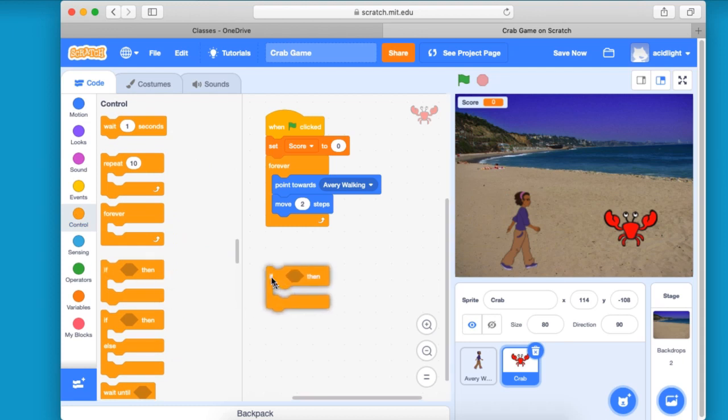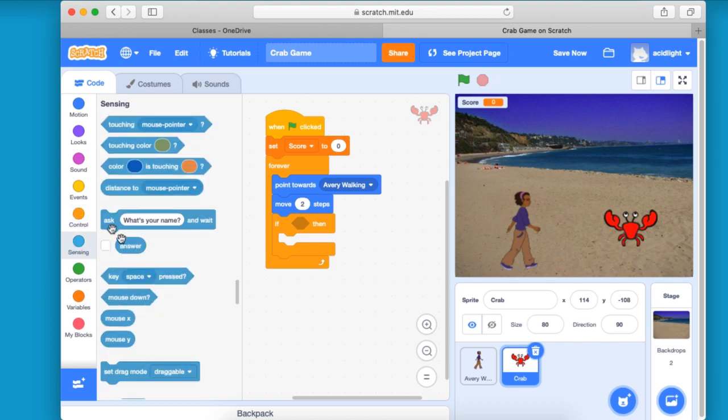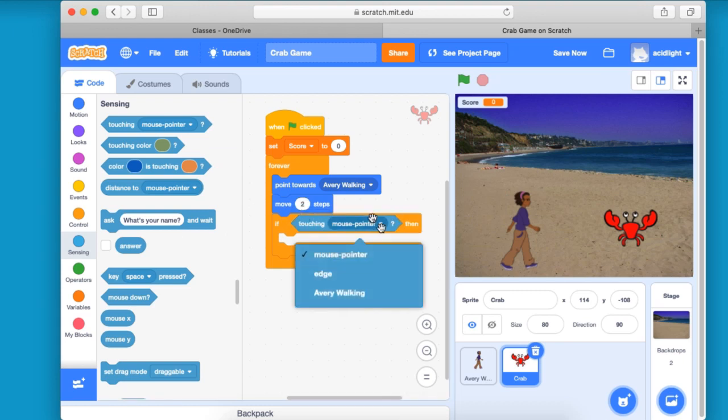So I'm going to put that inside our forever loop, but here a decision is made. So if something happens, then go and do what happens in this block here. So if, well, what's going to happen if something is touching? So if the crab touches the Avery Walker,